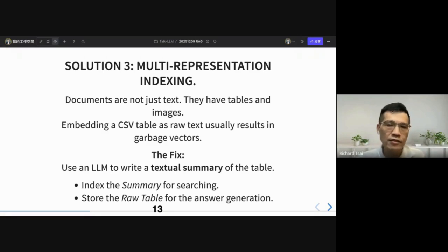So this way is to try to convert the table into some meaningful text summary, because no one will write a query like "NVIDIA 200."